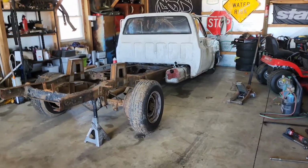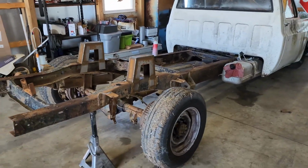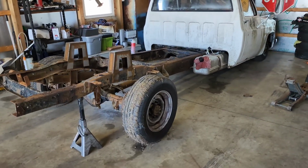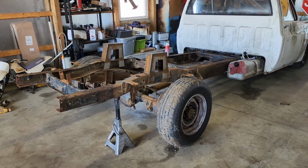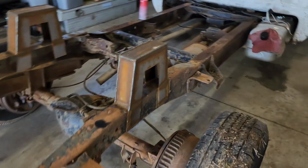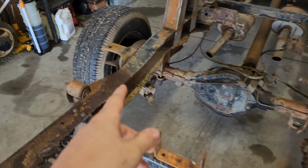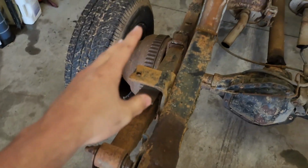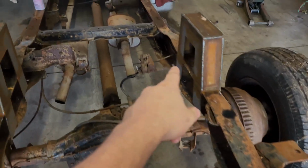We got the C30 back in here. We're gonna start getting this 4-link rear end knocked out. It's the Air Slam It DIY triangulated 4-link kit. Went ahead and got the leaf springs yanked off on this side, pulled the shocks. I gotta pull a couple more brackets, like pull this leaf spring assembly, pull these overload brackets, get these hanger